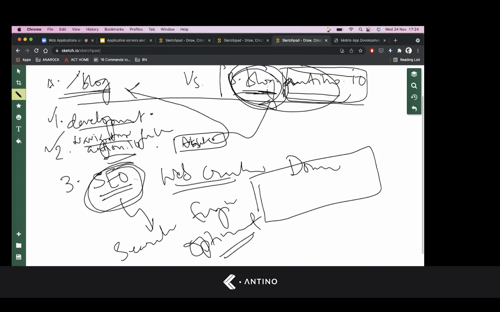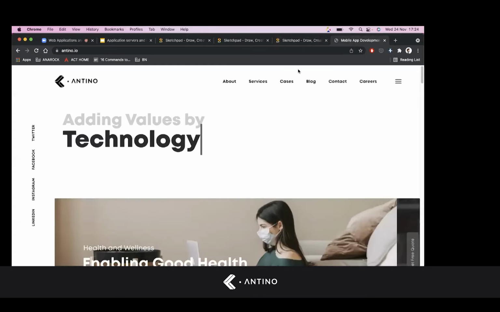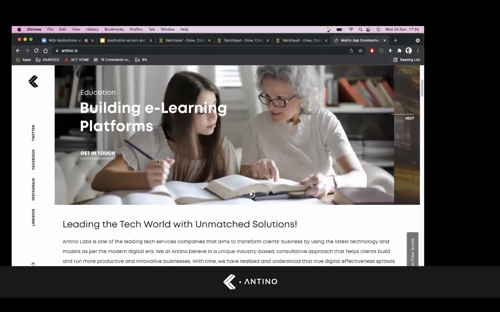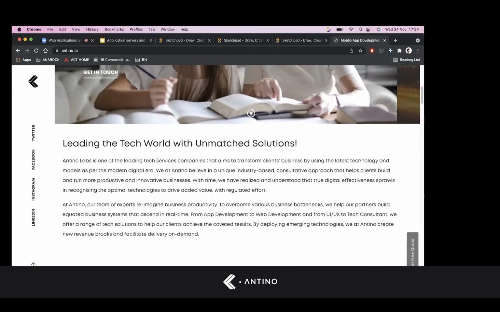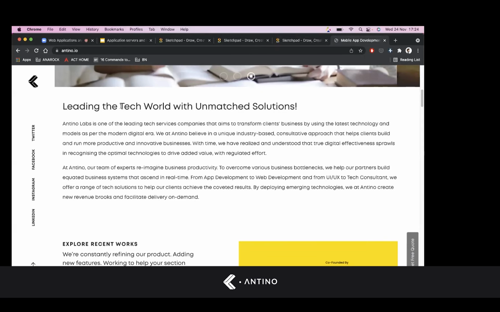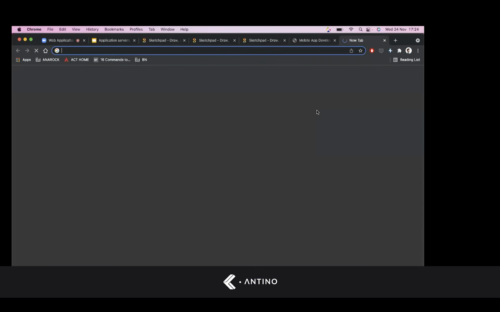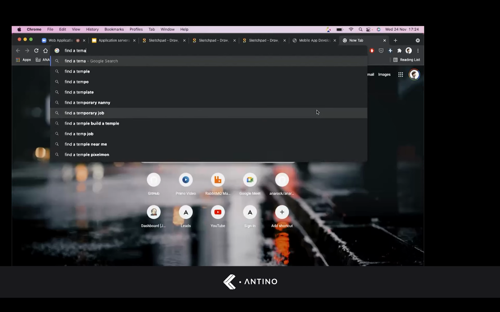So what happens is we want our websites to be discoverable, right? See, we have written that we add value by UX, and we want people to find out that Antino, a company that provides tech solutions and unmatched services, exists. Now, whenever somebody is trying to find a team of engineers,